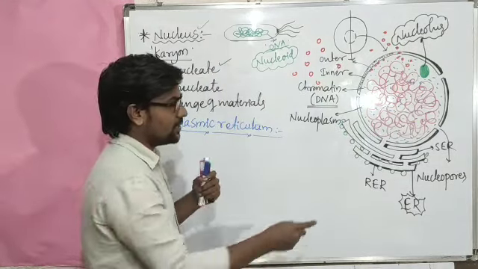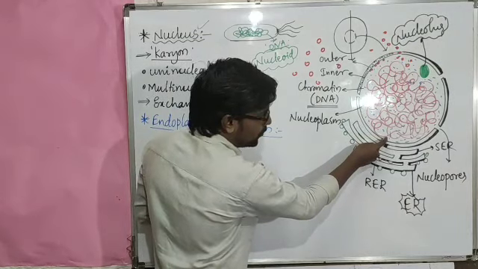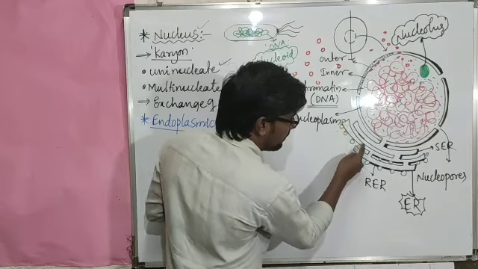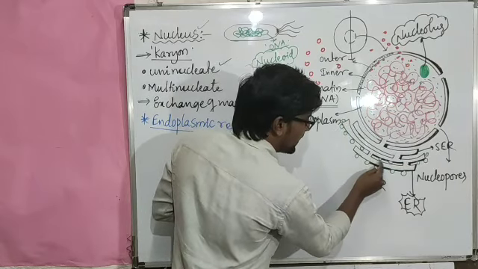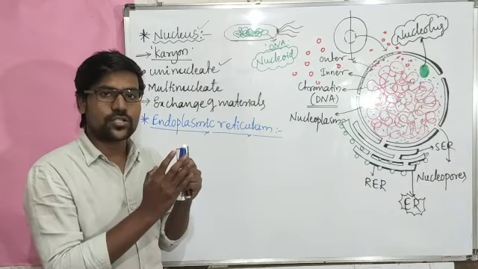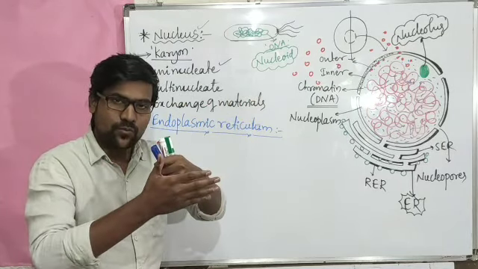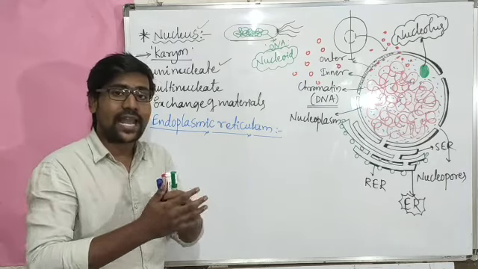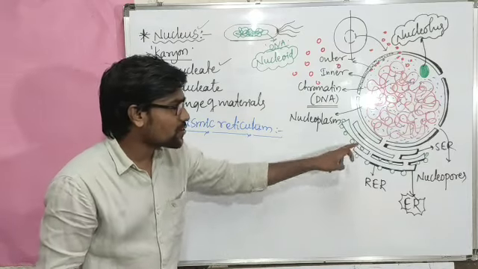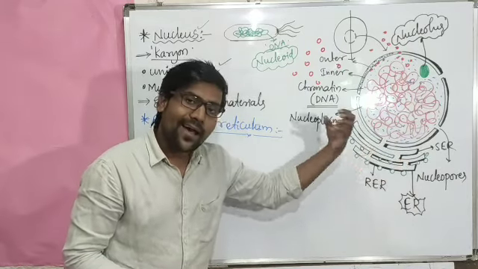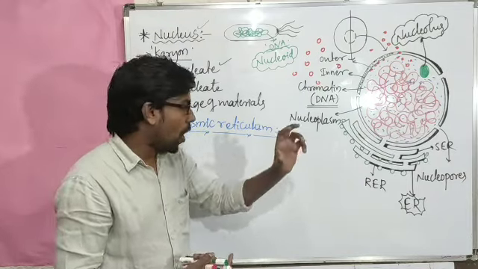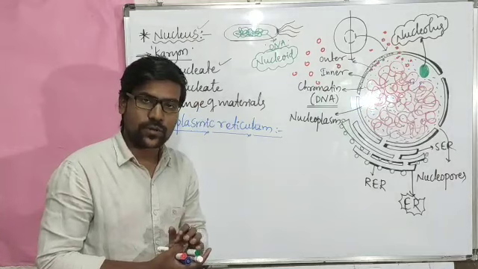And see here, just one thing. If I pour something here, through the nucleopore it will come and spread throughout, and it will enter the next level. That means all tubes are interconnected. Tubular structures are arranged parallelly one by one. Along with that, they have some sheet-like structures. Sheets and tube-like structures. Actually, I have shown here just a tube-like structure. Along with the tube-like structure, they might have sheet-like structures also. All together they form the endoplasmic reticulum.